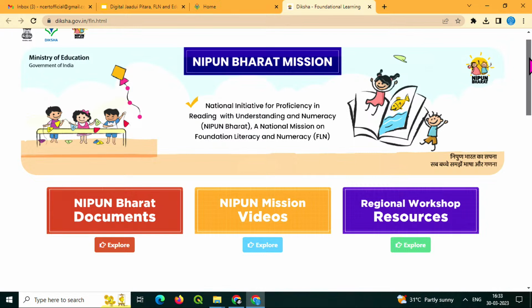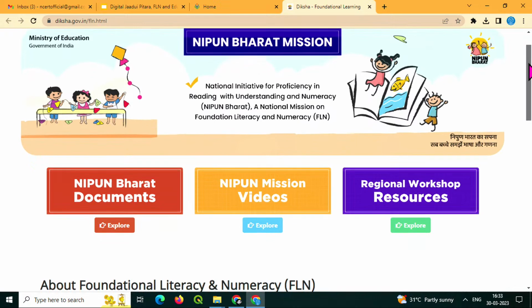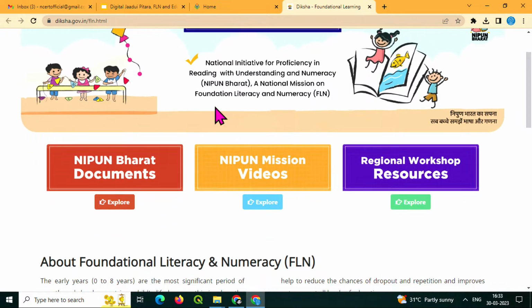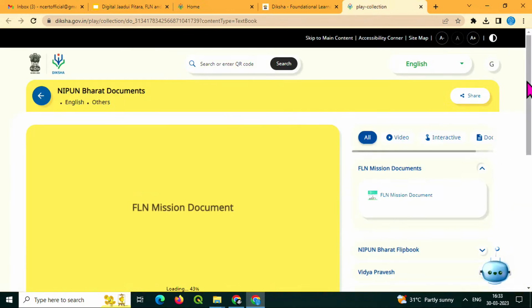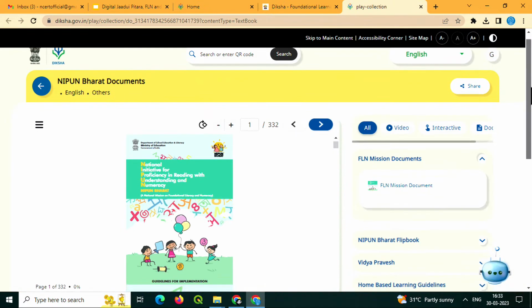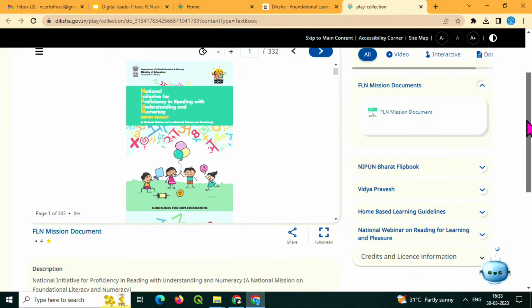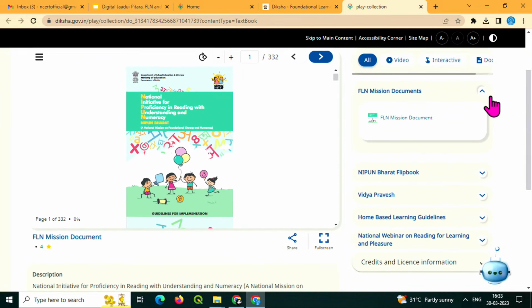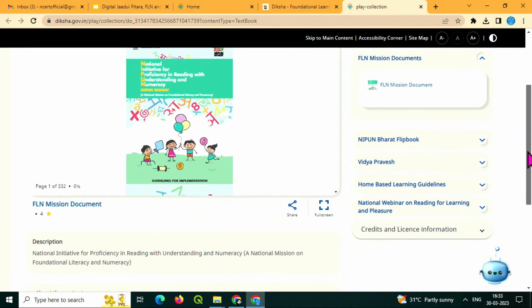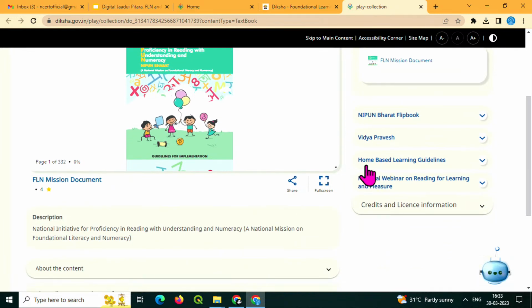So when you click explore under Nippon Bharat documents, you will get all the documents related to the Nippon Bharat mission. Here you can see from the drop down that the Nippon Bharat flip book is given, the Vidya Pravesh document is there, and